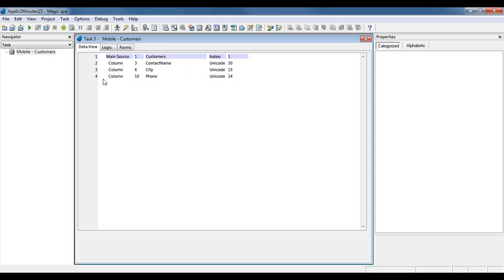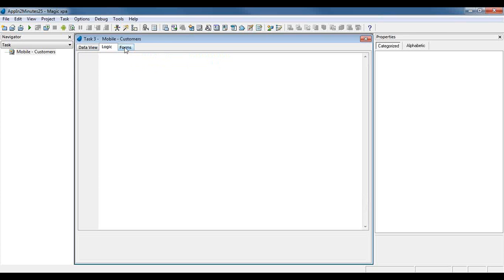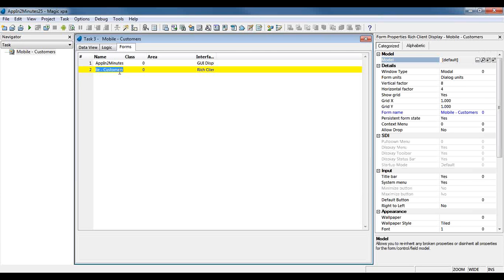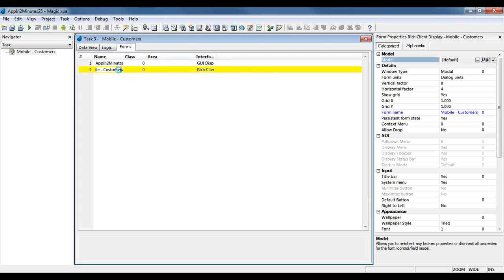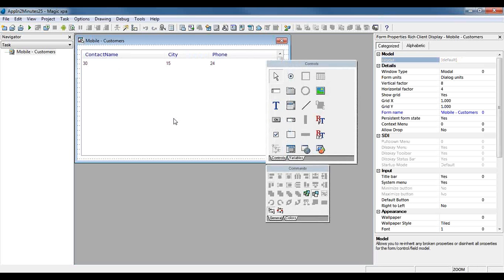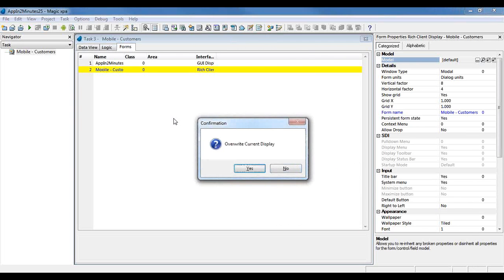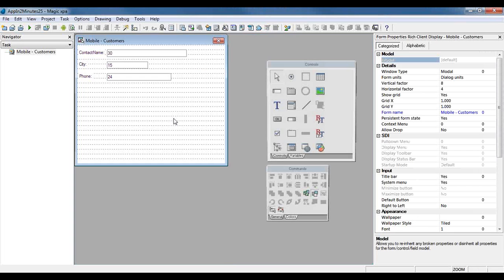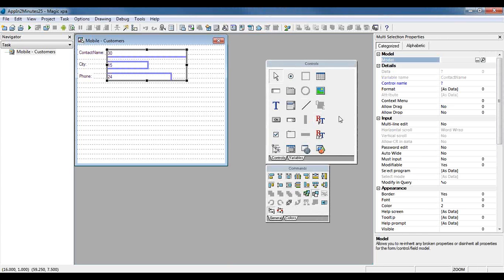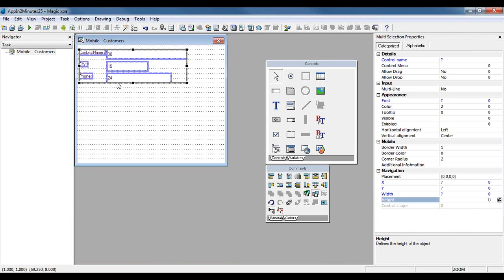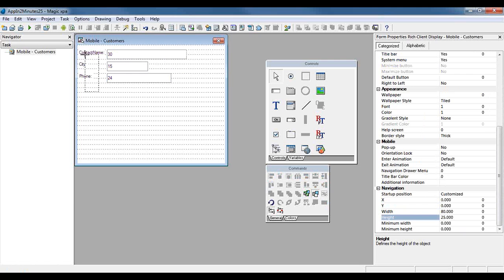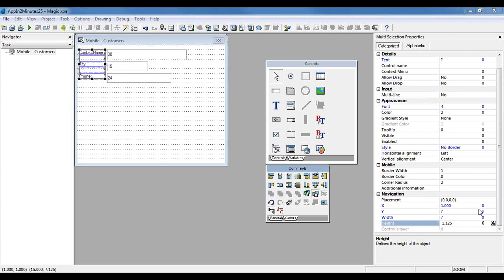I have a data list and logic that I can add methods, and I have a list of forms that I can change the look and feel, what the end user will see. If you're familiar with the data view controller, that's the same idea. So what I'm going to do is to change this form that at the moment is showing multiple customer details to be only one customer per screen. So I just did that, and I can show you things like changing the control details, which I don't want to go too much detail,